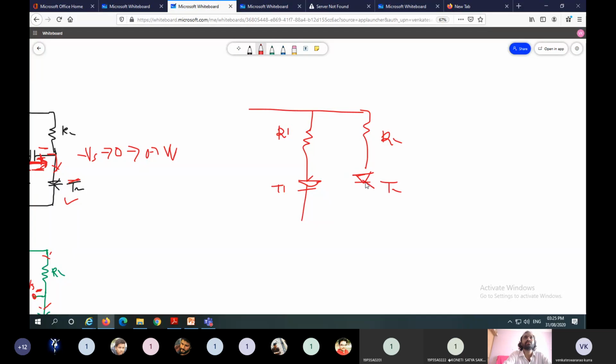This one is T2. This one is the capacitor. If the gate signal is applied to T2, initially both the thyristors are in off state, so there is no flow of current in the circuit. Once the thyristor T2 is triggered,